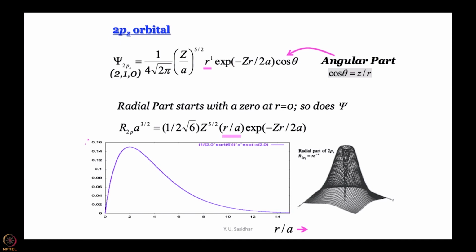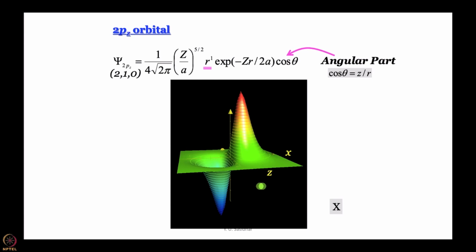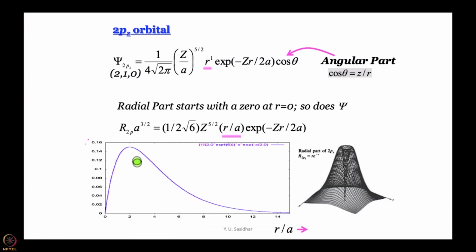Where is cos theta equal to 1? I think you know that at theta equal to 0, that is where it has a value of 1, and you have purely the radial part in the total wave function. Then as cos theta decreases from 1 to 0, this radial part keeps on getting smaller and smaller. The radius dependence does not change. What happens is that this maximum becomes a little smaller.